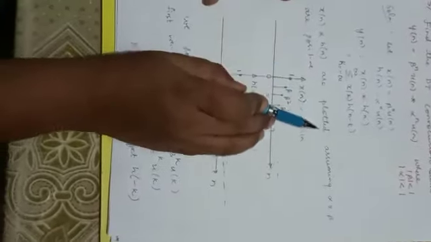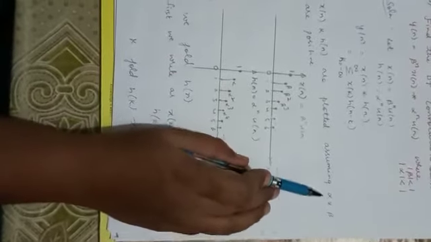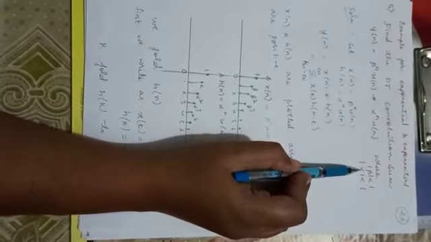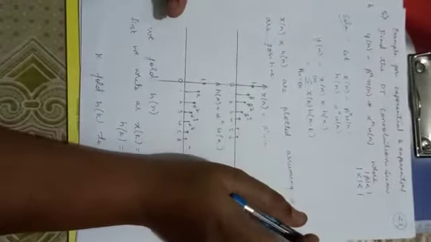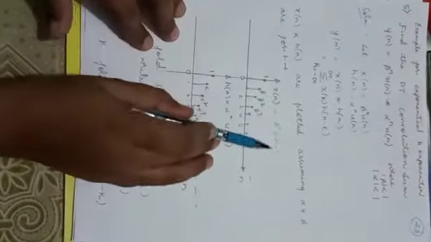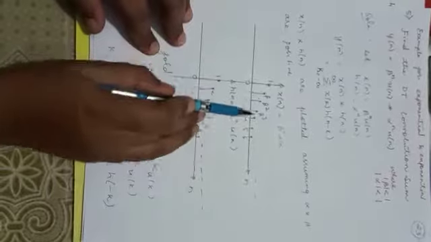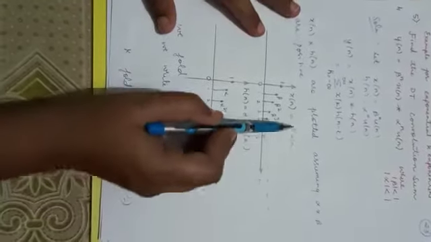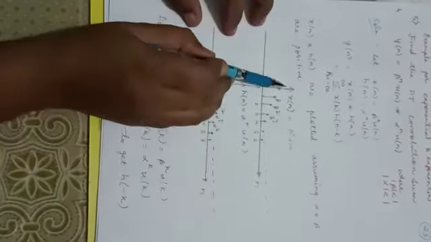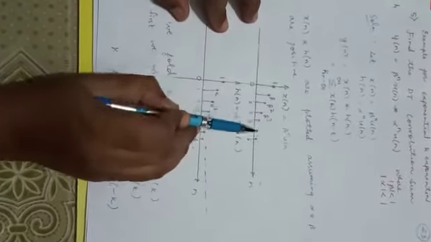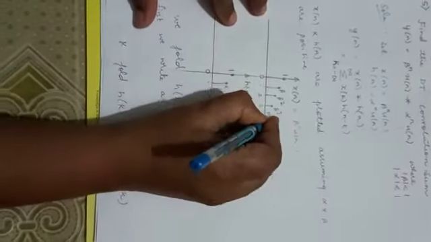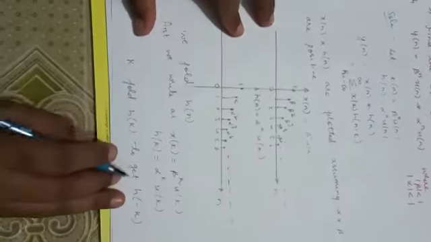So x of n and h of n are plotted assuming alpha and beta are positive values. The absolute value could be positive or negative, but here we have considered it positive, and these two are less than 1. When I plotted x of n, I got a decreasing exponential like in the previous problem. Since beta is less than 1, it is decreasing: 1, beta, beta square, beta cube, beta to the power of 4, beta to the power of 5 and so on. The dashes represent an infinite signal.